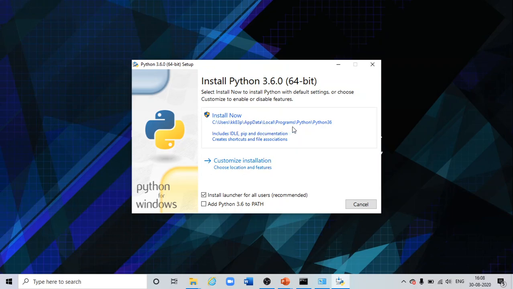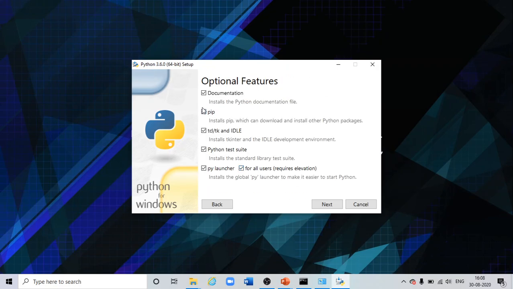If you don't want to do anything, you just simply click on install now, and if you want to customize it, then you can click on this. But before that, just click on add Python 3.6 to path. So you don't have to do anything for your environment variable, it will get set automatically if you are selecting this checkbox.